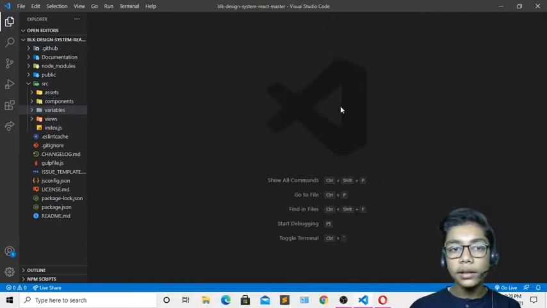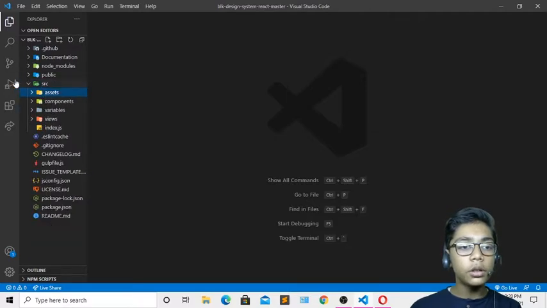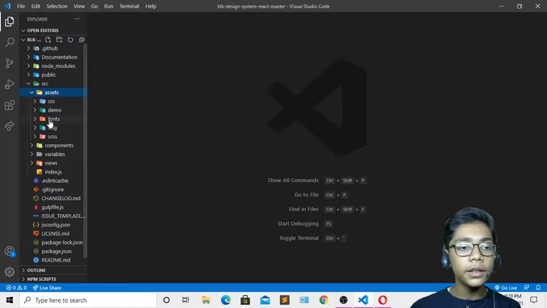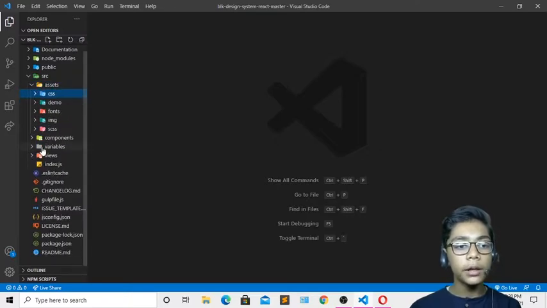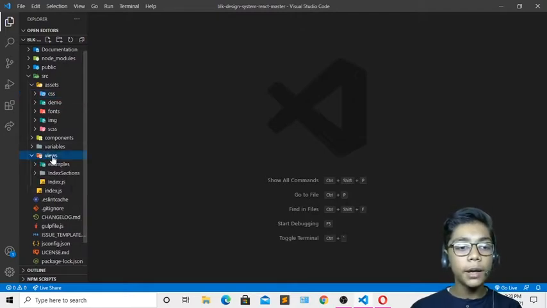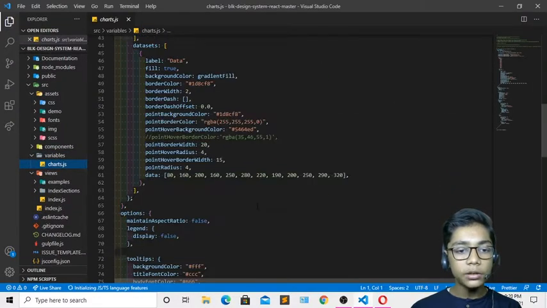Then I'll be closing this terminal because now I don't need it. When you create that, you will have the files like I am having, and you will have all these things also. Here you first of all have to open this src folder. We will be working with this CSS file later on, but first I need my JS file in which I will be writing my code. So just open your file which is called charts.js.